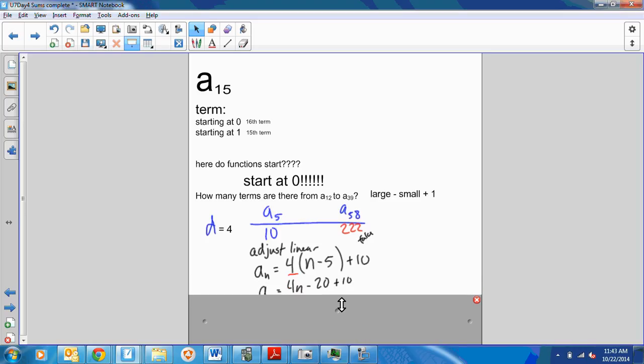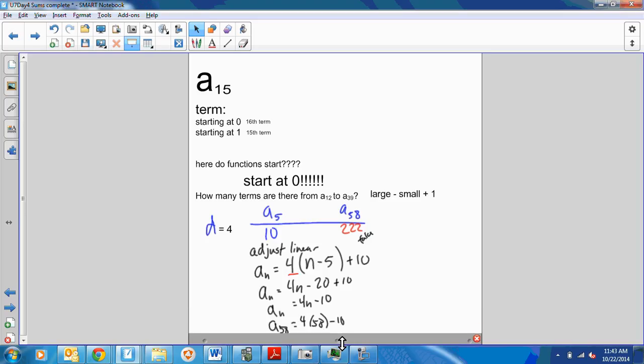Now notice if I solve this, you distribute the 4, I get 4n minus 10 or minus 20 plus 10, and the sequence would be 4n minus 10 starting at 0. You can see if I subtract 4 enough, 4 times 5 will subtract 20 from that and adjust it back there. So if I want to find a sub 58, I can plug in 58 into this equation and then eventually find that 222. All right, so that's just talking about how to find specific terms, understanding what that subscript